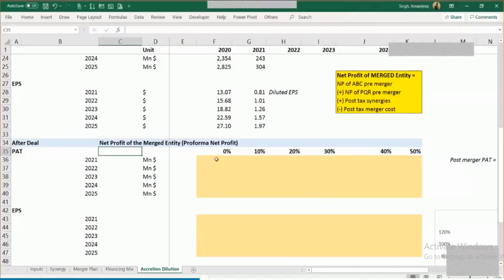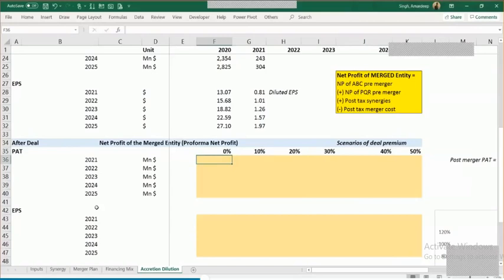But look at this. This 0%, 10%, 20, 30, 40, these are like scenarios, right? Scenarios of deal premium. So eventually the deal will be executed under one of these scenarios. So it's going to be either 0% or 10% or 20 or 30. It's not going to be all of that. It's going to be one of these. So we have these years over here, 2021 to 25. So I'm just trying to work out the data for the next 5 years under all of these scenarios.